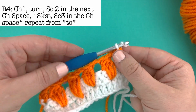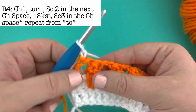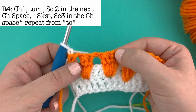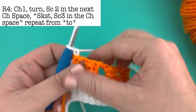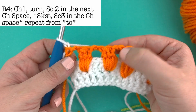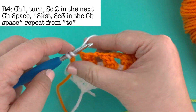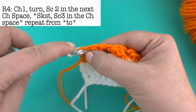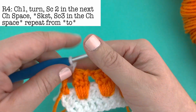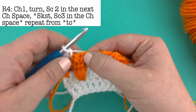For row 4, we are going to chain 1 and turn. Now this row is all about getting the chains of the orange covered up. We're just trying to hide them in this row. To do that, we will work a single crochet into these chain spaces around the cluster stitches. Work 2 single crochet into the first chain space. Just working 2 right in this space here, and then we're going to completely skip our cluster stitches and work